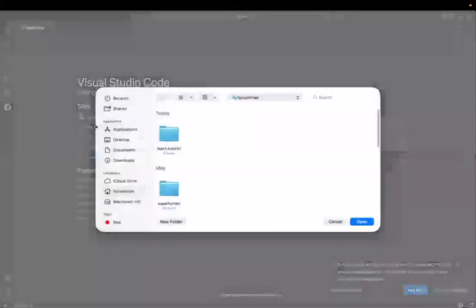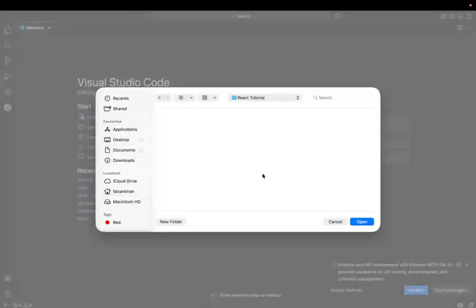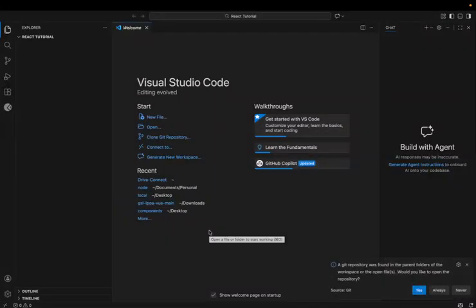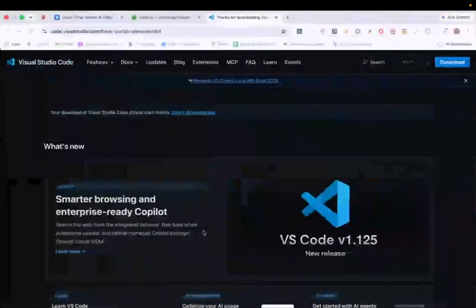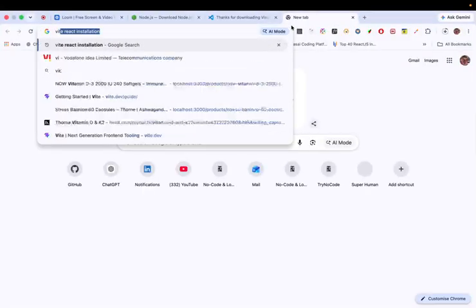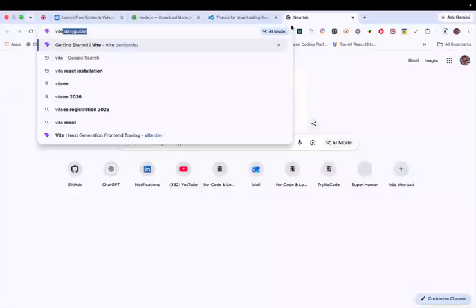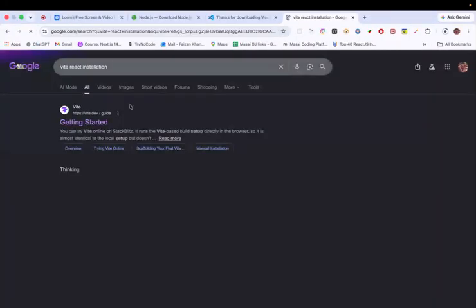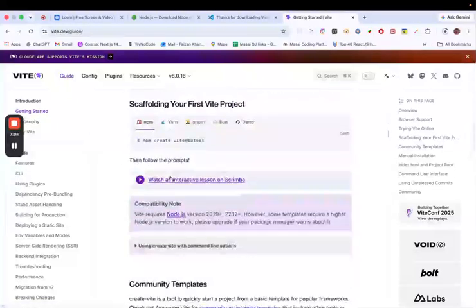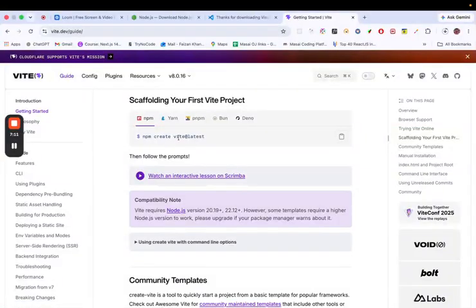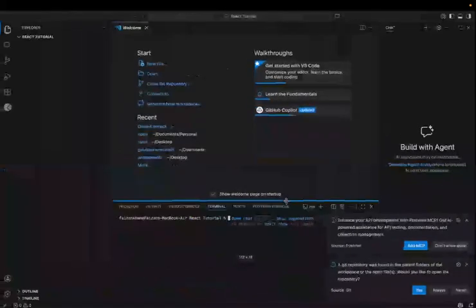Here you will get the option to open your folder. Go to open this empty folder. So once you open this folder, you have to install React. Okay. So just go to your browser again and search for React installation with Vite. Click on it, click on it again, and simply scroll down and you will get this command, npm create vite@latest. Click on it and go to your Visual Studio Code